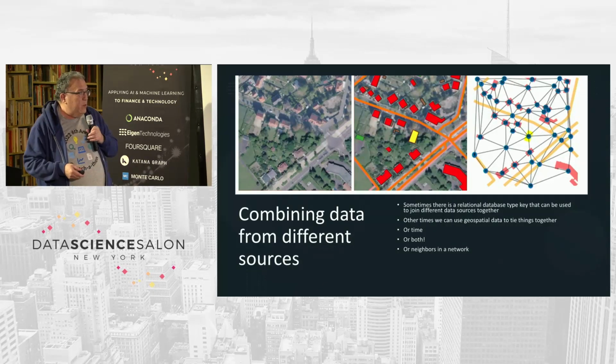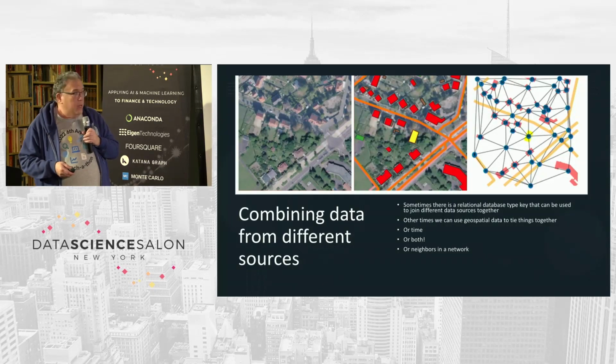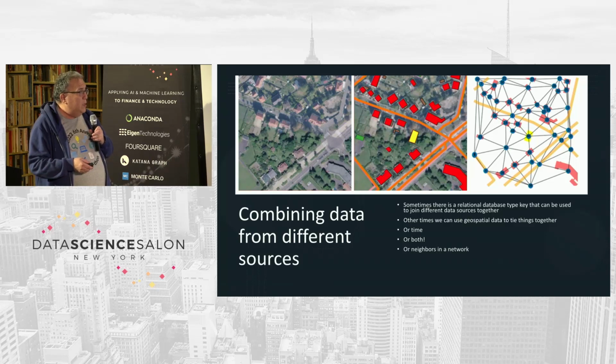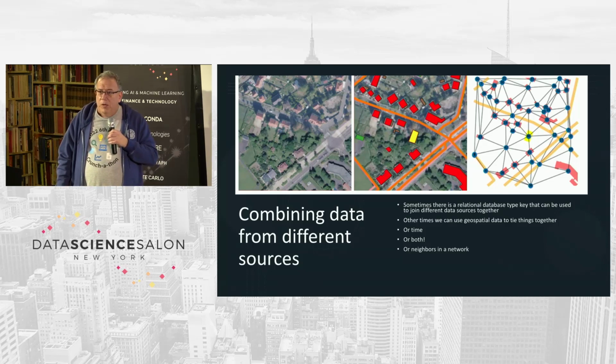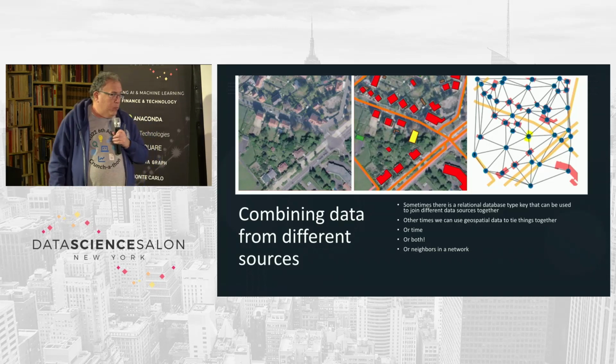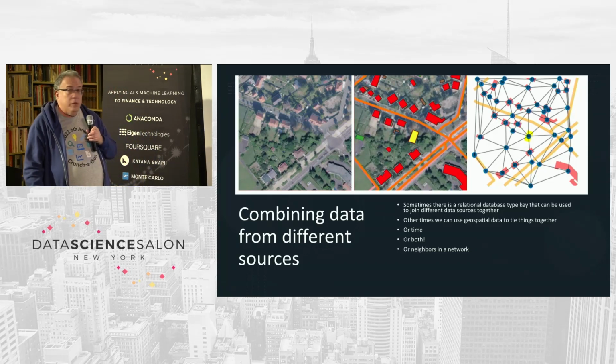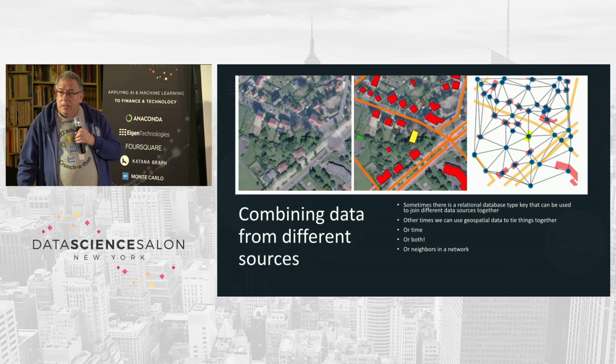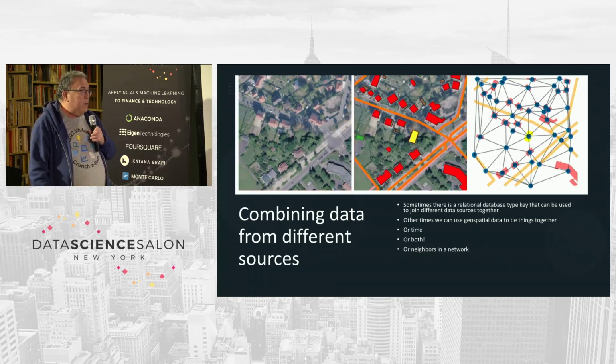This is an example of something they're doing in France, where they can go from a satellite image to identifying where the houses are to actually building a graph network, which can then be put into a graph database automatically. And they're doing this throughout France now in one of their AI projects. We could be doing the same thing. So being able to turn images into data is another way you can get another source of very important things,